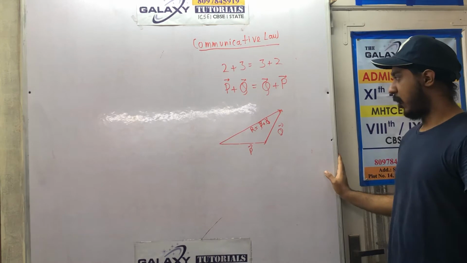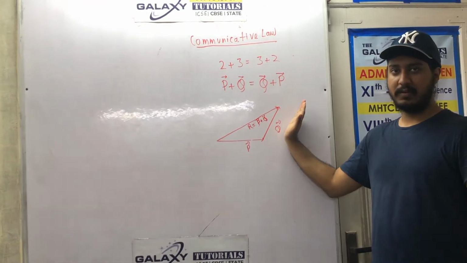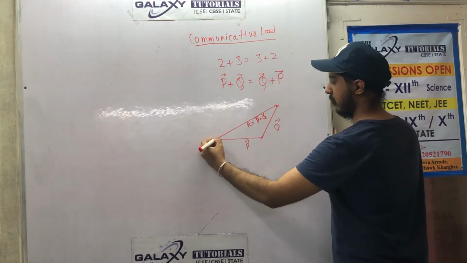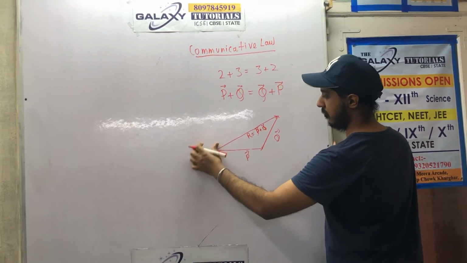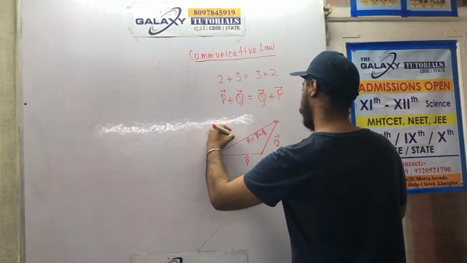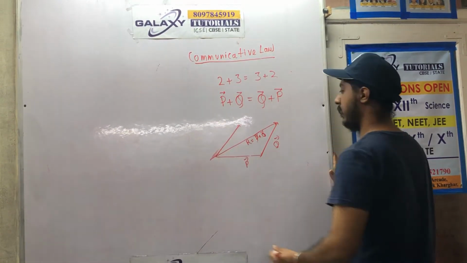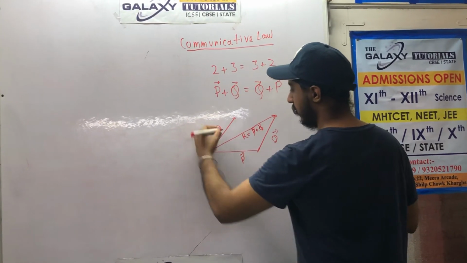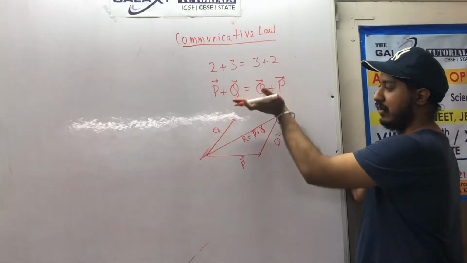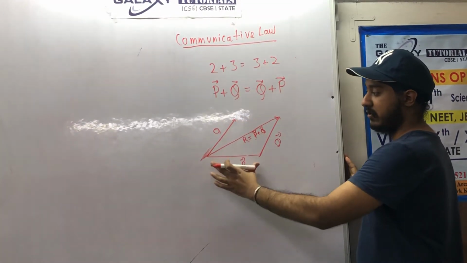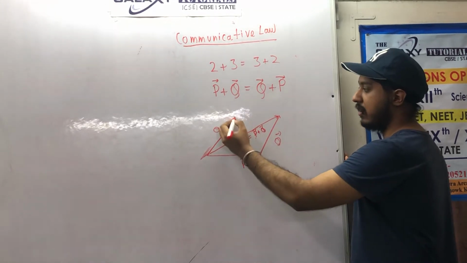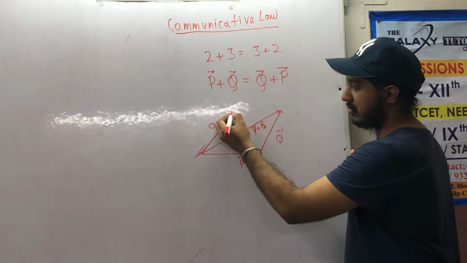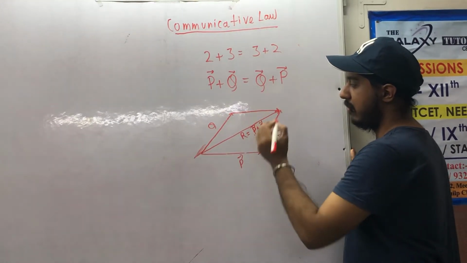Okay, now what we will do, we will simply move this vector, we will put the same vector of same magnitude on this point. This is the same, exactly the same angle, everything is same, the name is also same, Q, and we will put another vector here. It is also of the same magnitude, it's just like a parallelogram. In a parallelogram, the parallel sides are the same, right? So these two sides are the same and this side is also the same. Okay, this is P.